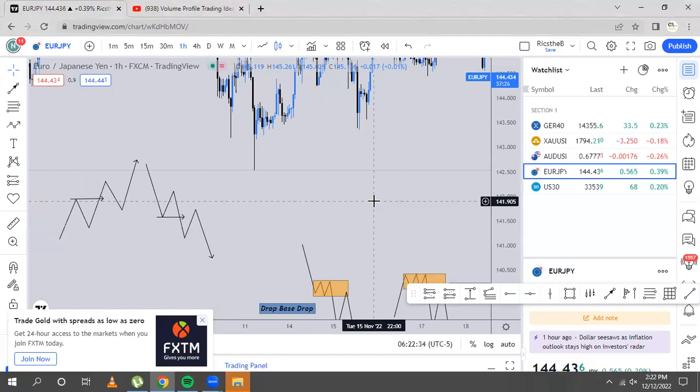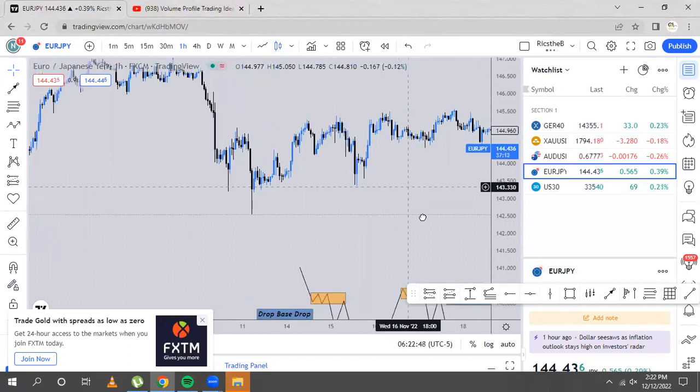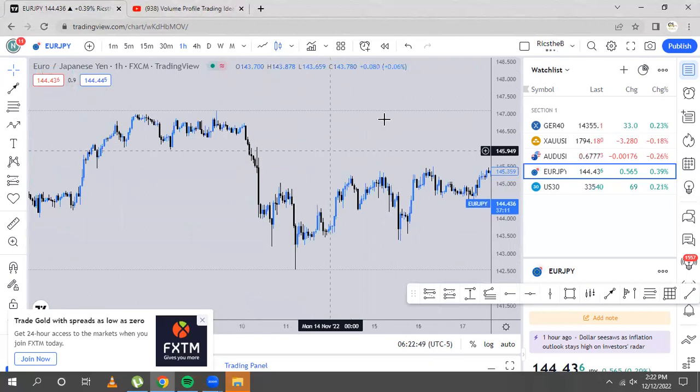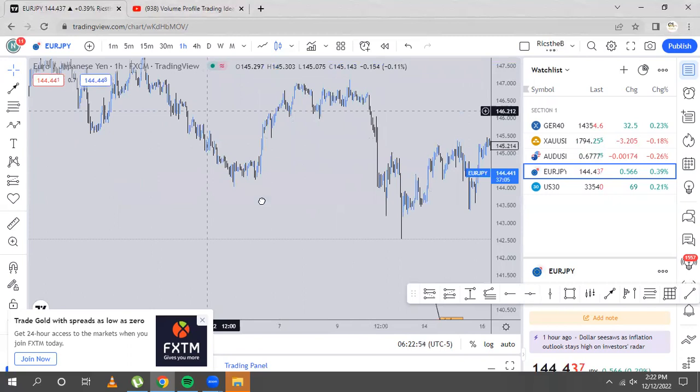I'll repeat that. The push from which structure was broken tends to create the highest probable supply and demand levels, and in most scenarios price tends to come to those levels. So I'll pick an entire swing point for us